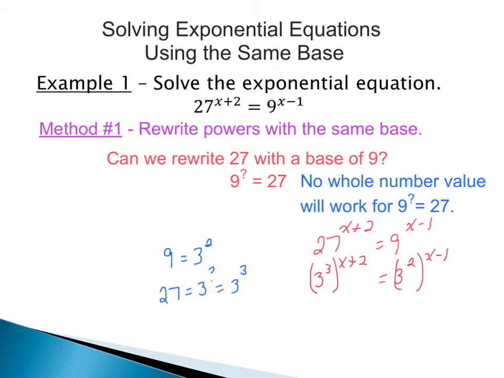Well, we still then can simplify this a little bit further by using our power rule for exponents. And since we have 3 to the third raised to the x plus 2, I can actually multiply these exponents. So what we can have is 3 to the 3 times x plus 2. And the same thing would happen on the right side of our equation, is that I have 3 squared raised to the x minus 1, which I can really rewrite as 3 to the 2 times x minus 1. That way I got rid of our parentheses and it illustrates as 3 to a power equals 3 to another power.